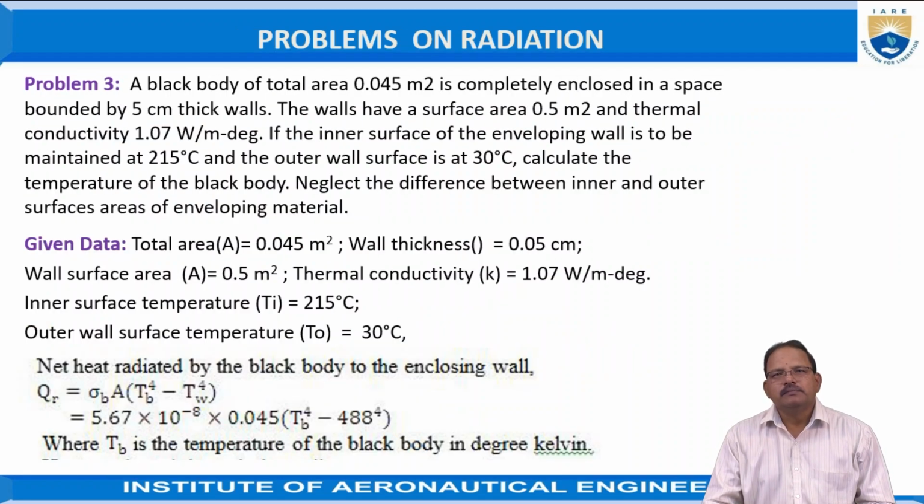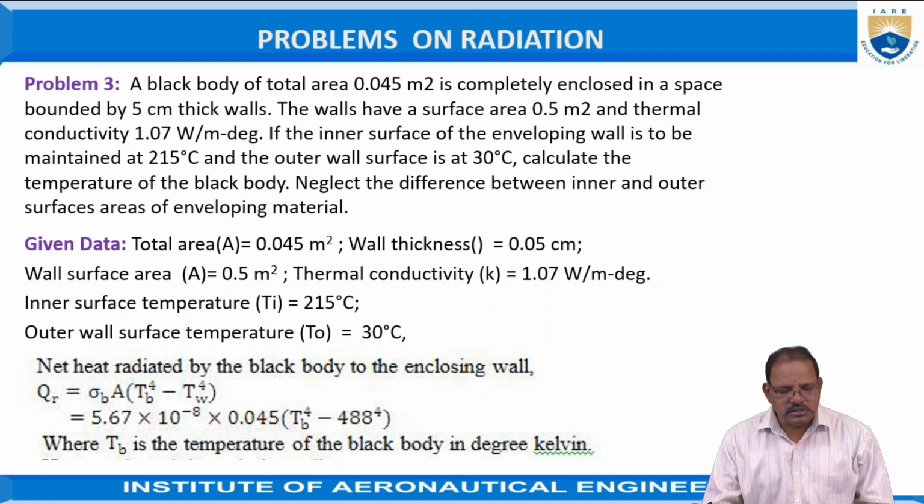The third problem: a black body of total area 0.05 meter square is completely enclosed in a space bounded by a 5 centimeter thick wall. The walls have a surface area of 0.5 meter square and thermal conductivity 1.07 watts per meter per degree Kelvin. If the inner surface of the envelope wall is to be maintained at